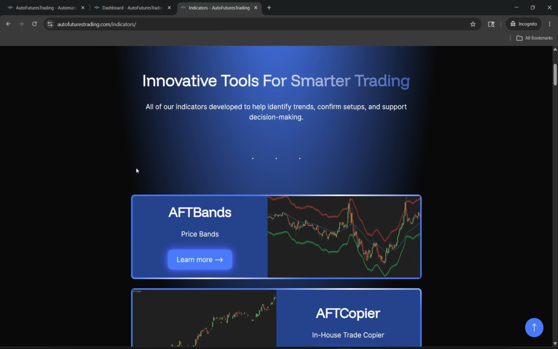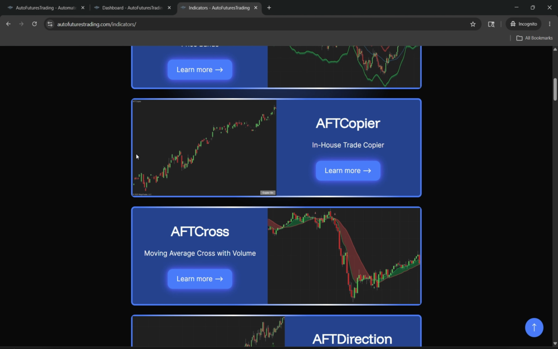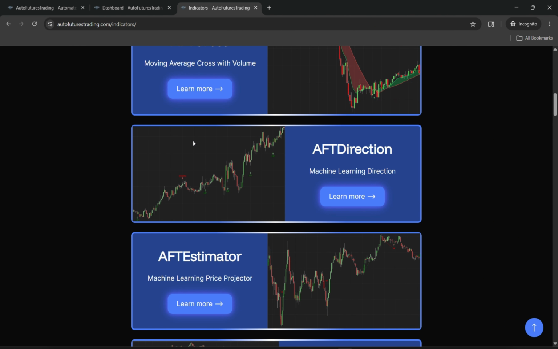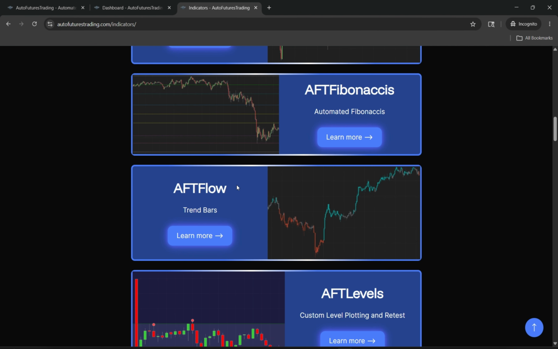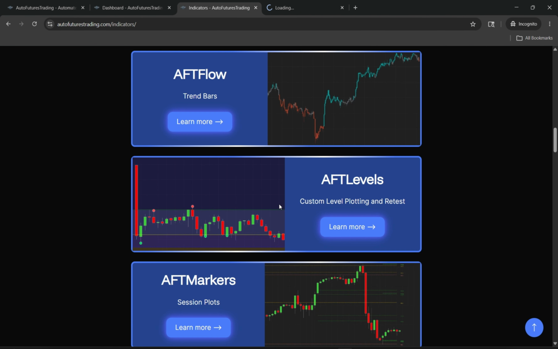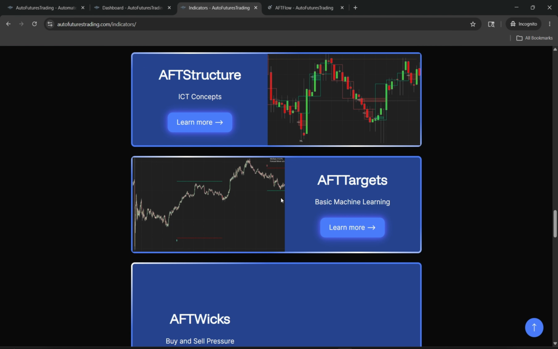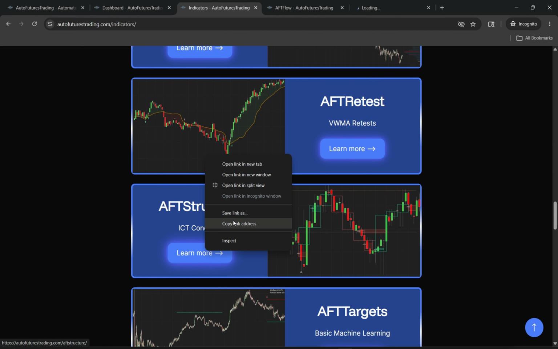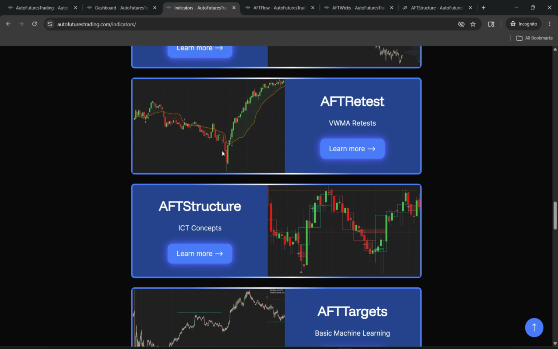So this is where you can see all of our indicators, starting alphabetically with AFT Bands, AFT Copier, the one that was featured in the free file, AFT Flow, and AFT Wicks. On the front page, we looked at AFT Structure, and we'll just go quickly through all of them,